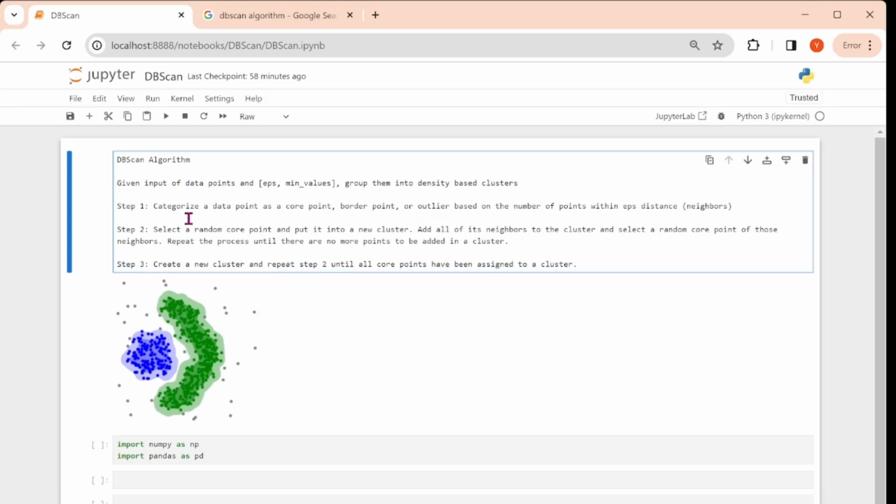And then the second step is you select a random core point. So I'm going to use this example here. Let's select a random core point like over here, and you assign it to a new cluster. This cluster initially starts with only one point, and then it grows based on what points are density connected to it. So you add all of the initial point's neighbors,